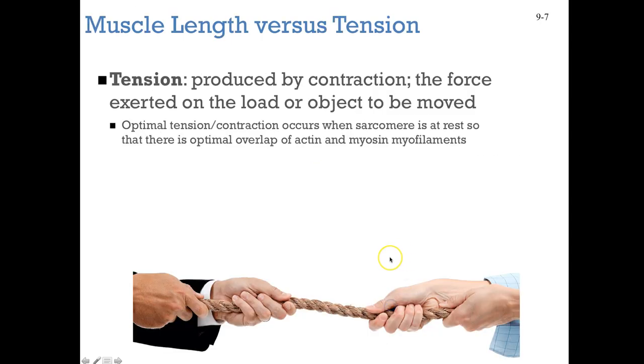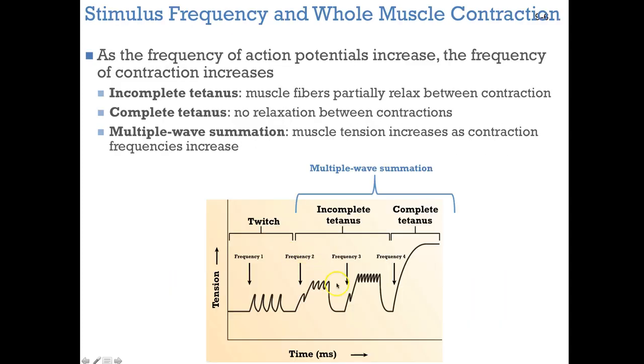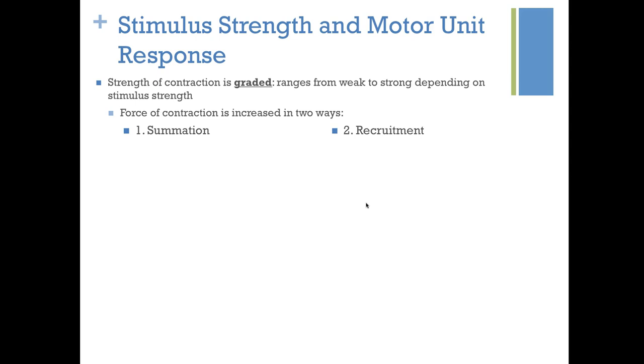And then by frequency 4, we are not allowing any relaxation to take place, and we get complete tetanus where we are able to sustain that contraction. Okay, and so we call this multiple wave summation. So last thing I want to do before we talk about tension is compare